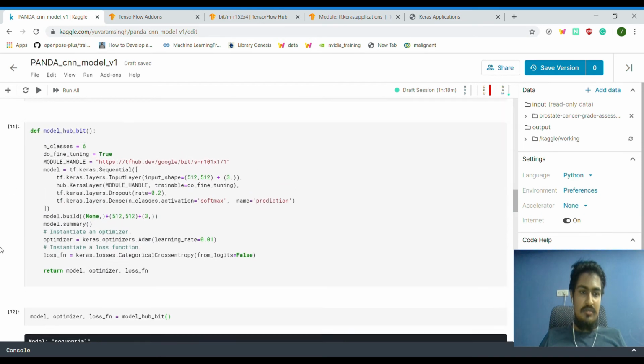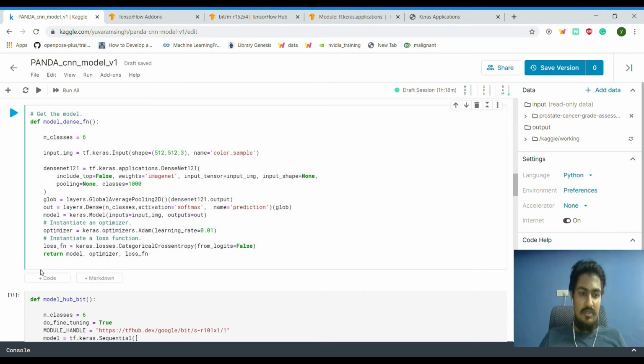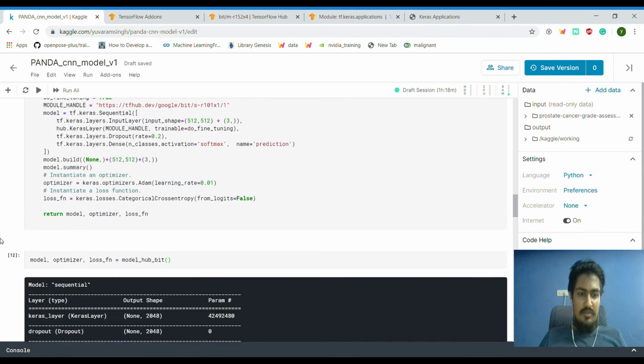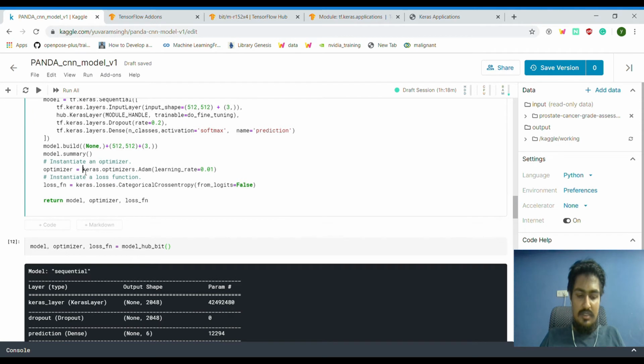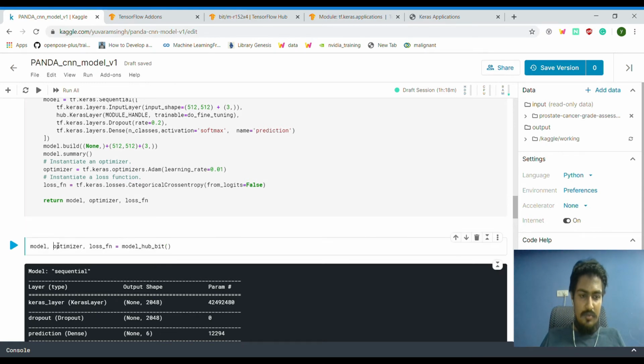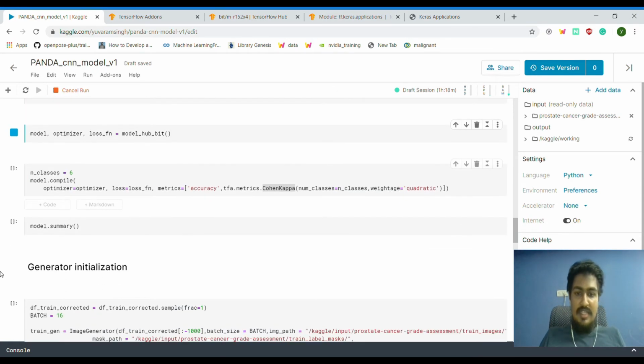Keras is not defined. Okay, not a problem. I will just put tf.keras. Yeah, not a big problem. Okay, as I was saying, Cohen Kappa is what we are going to use to monitor it, because we need to know how well this model is performing in the evaluation function, so we can precisely stop or monitor how the training is going on.